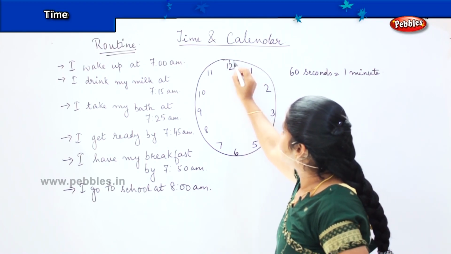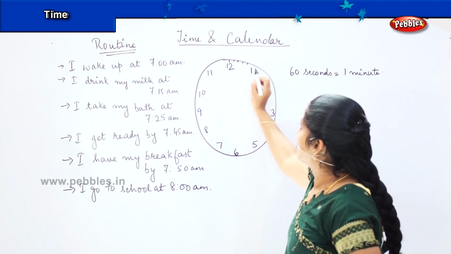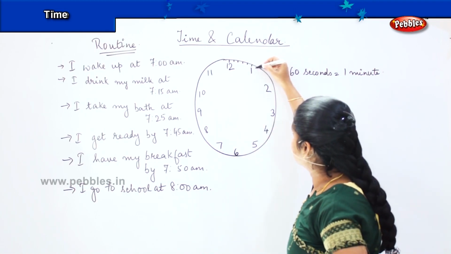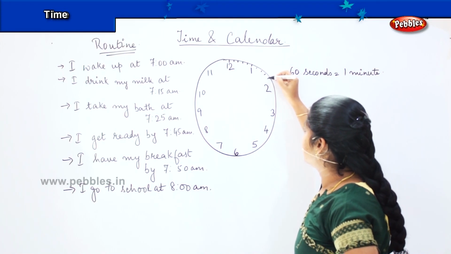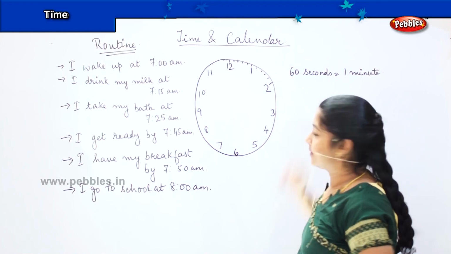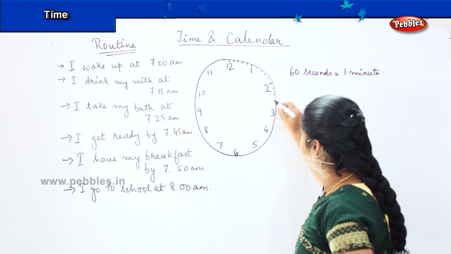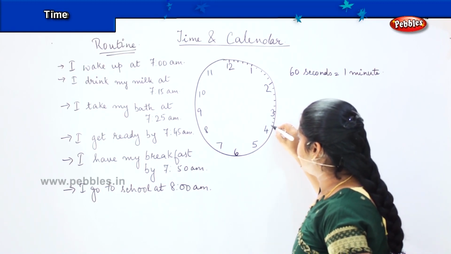So all the small digits 1, 2, 3, 4, and this is 5. Okay. Then similarly, 6, 7, 8, 9, 10, 11, 12, 13, 14, 15. Then 16, 17, 18, 19, 20,